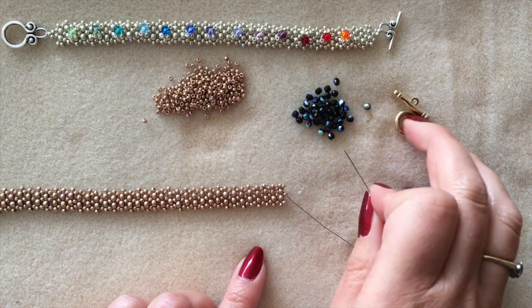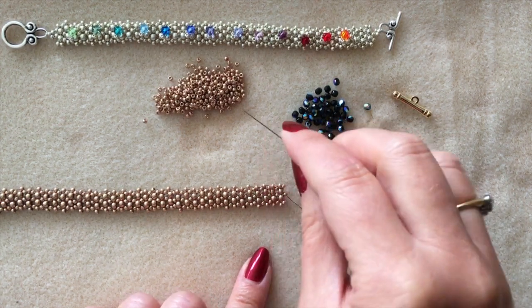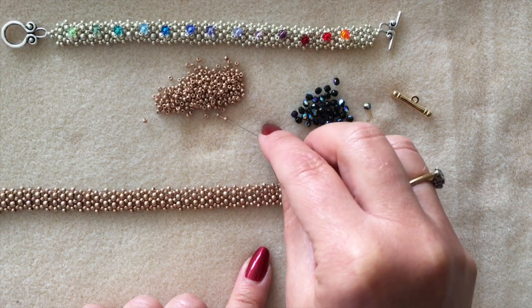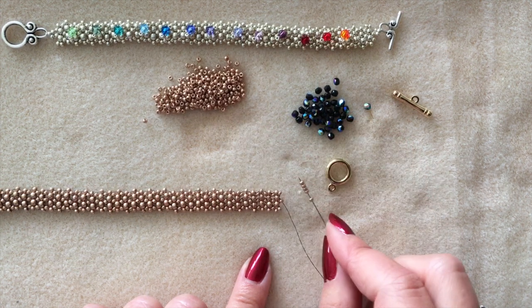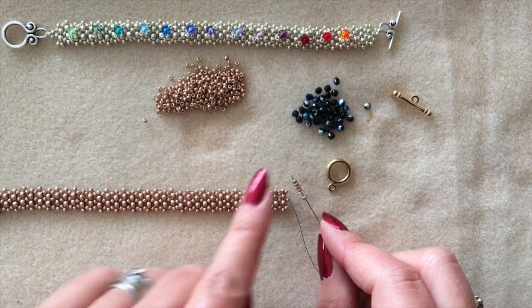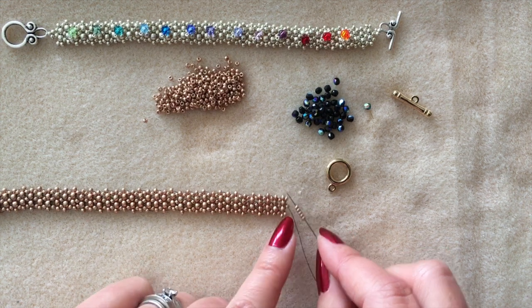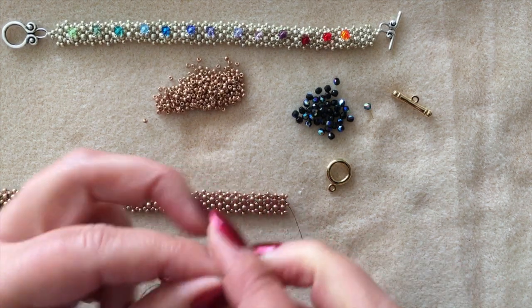Now I'm going to add on one end of my clasp. I'm going to add on the loop or the hoop of my toggle, and I'm going to use the 11s again. So I'm going to pick up 5. No rules. You pick up as many as you want here. If you've beaded and you find this strip of beadwork is a bit short, you'll want to add on more beads than I'm adding on here, just to make this attachment a little longer. So I've picked up 5,